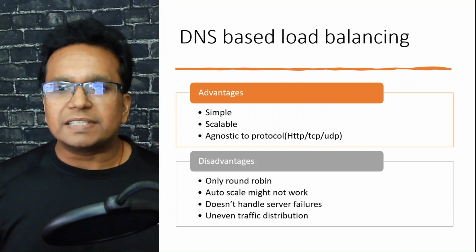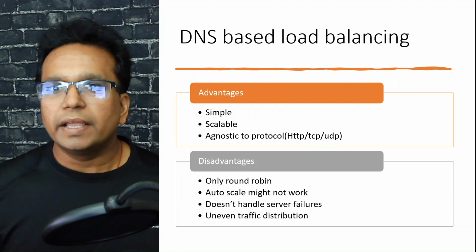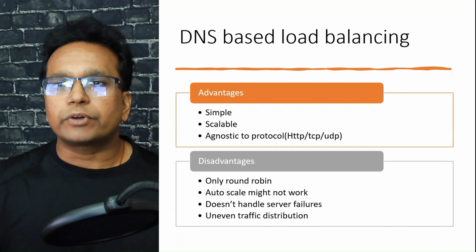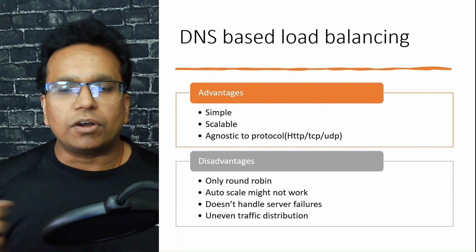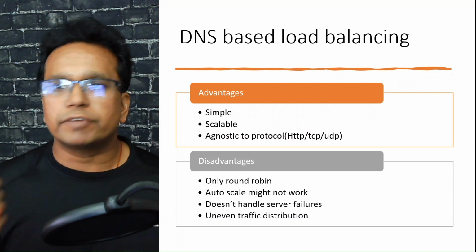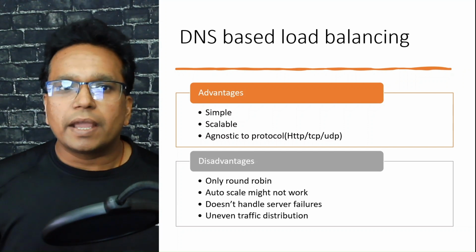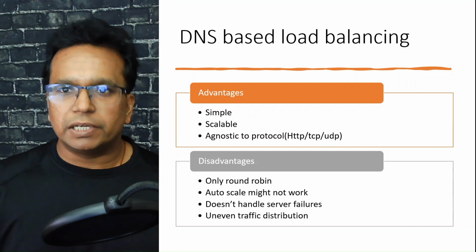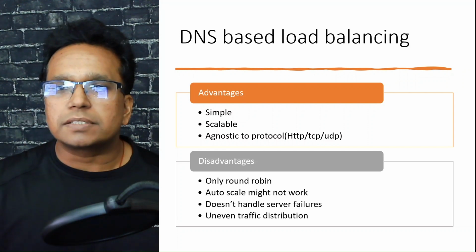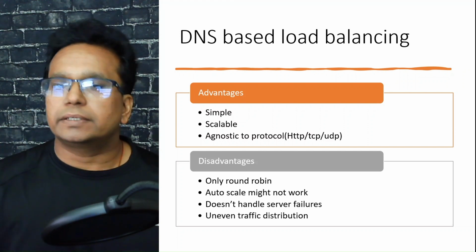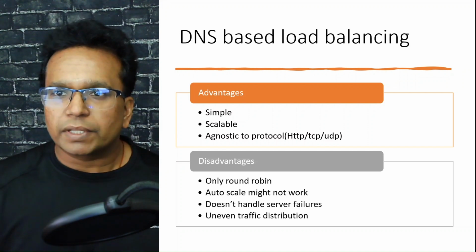DNS based load balancing has some limitations. First, it is not really very flexible. It can only distribute traffic in a round robin fashion, or you rely on the client to either randomly choose the IP address or return the first one without taking into account the server load or other factors. Second, it has no way of detecting server failures or taking a failed server out of rotation. So for example, if my first instance is down, the DNS does not know that. So DNS will still be returning the IP address of the first one and the client will fail.